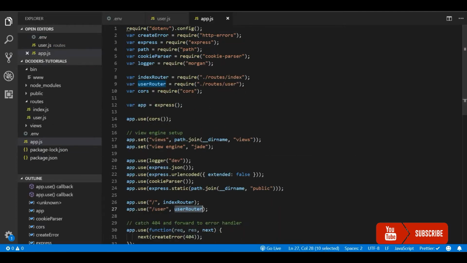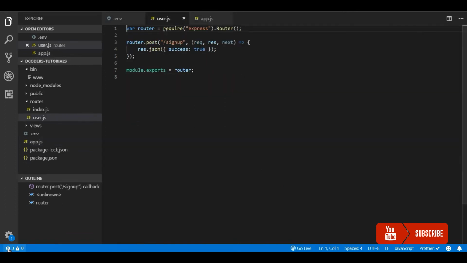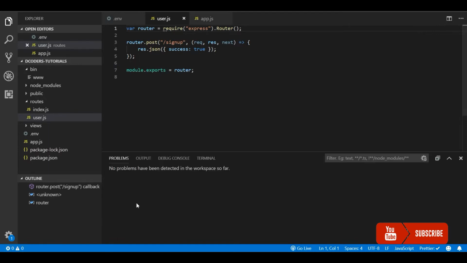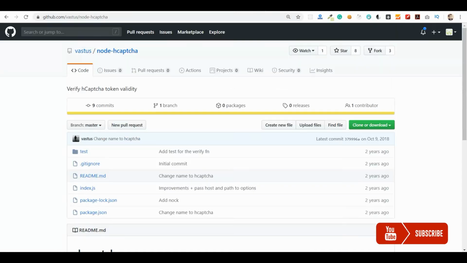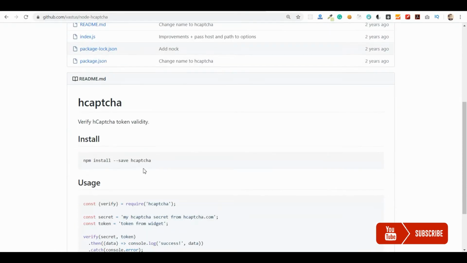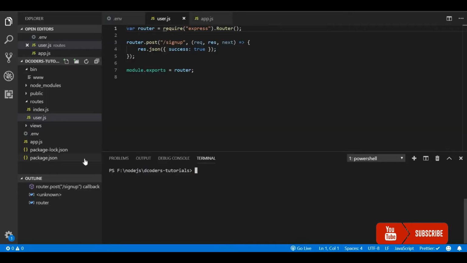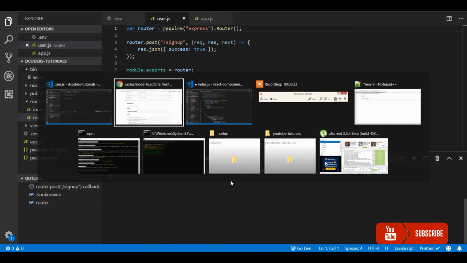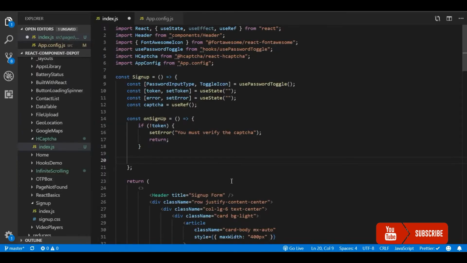Meanwhile I have a backend here, a simple express application which has one route for sign up. For this we will first install the package that we need for our node verification. It's node hCaptcha. So we'll install this package in the node project, and then we'll continue our development in React.